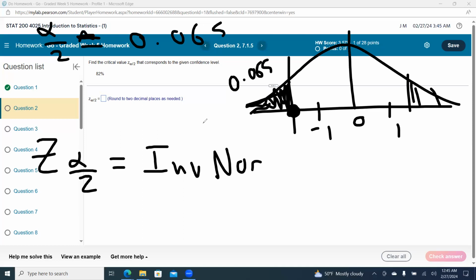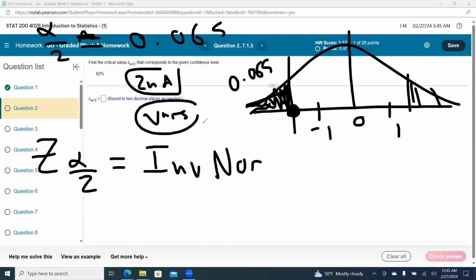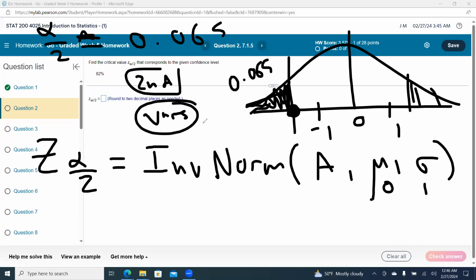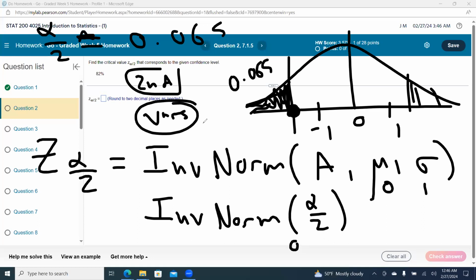It's second vars. I forgot about that. We're very thorough, but the further we go into the class, I don't like to say all of it. Second vars, inverse norm. With the z, you don't usually have to put mean and standard deviation. It is alpha over 2. The a just means any generic area, comma mean, comma sigma. But if it's 0 and 1, which it is for all z, then you don't actually have to do it. So technically this will amount to a negative number, but we just make it positive. So it's literally just the alpha over 2. So we plug into the inverse norm,